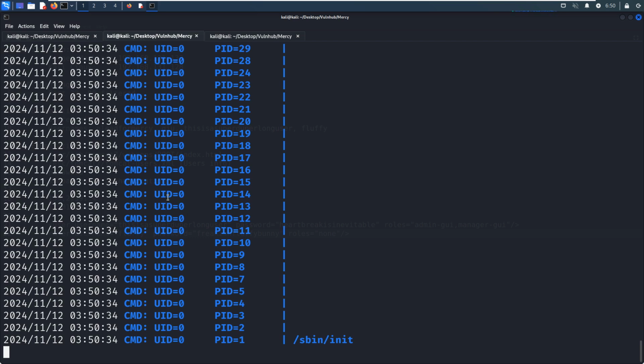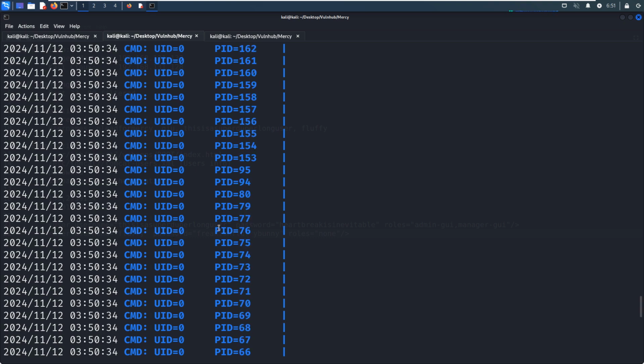Why is this utility so important? Because it can give us all processes which are running on the system, even those owned by the root user. UID equal to 0 means this process is owned by the root user.